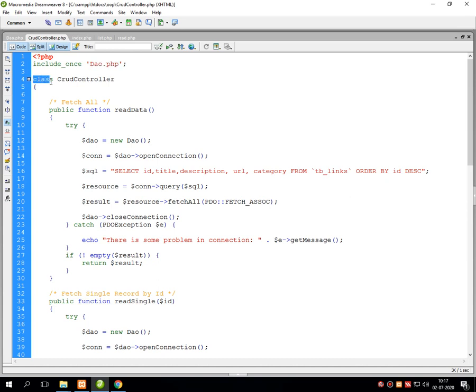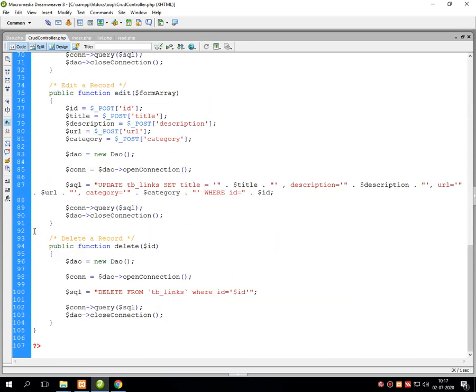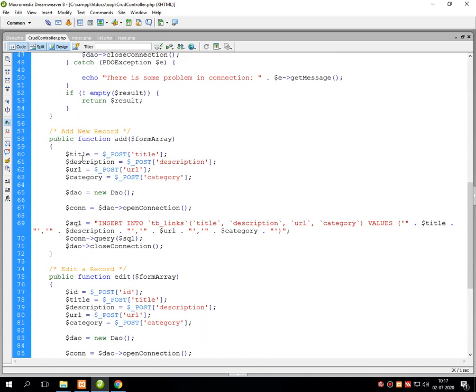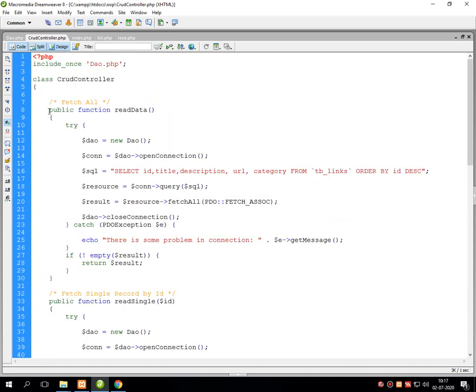Into the next line of code, first create a class called CRUD controller. Into the opening and closing bracket of this particular class, define a function which is called read data. The purpose of writing this particular function is to display the content from the database onto the browser. So now into the bracket of this particular function,